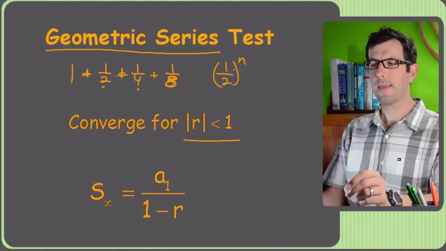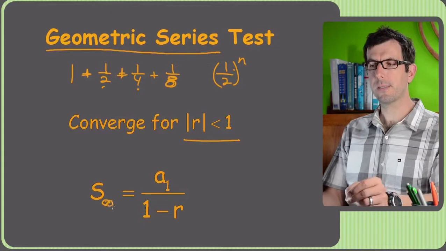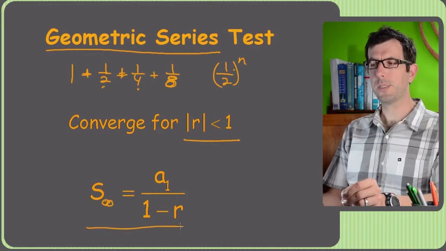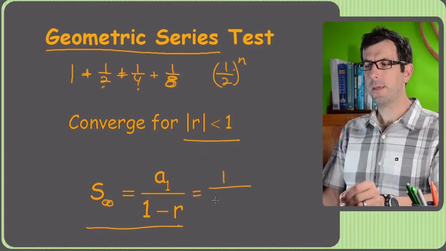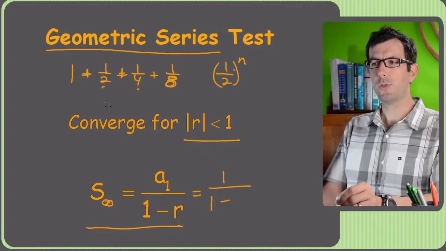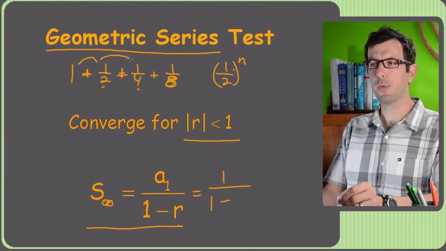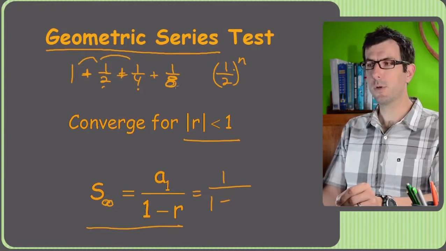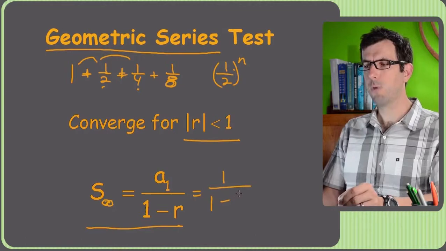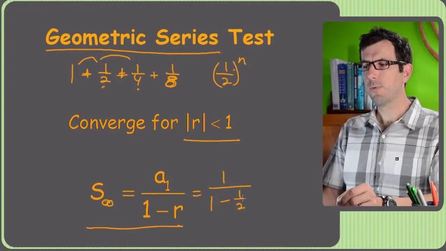And if you want to know the sum of a geometric series, you just use this formula. You take the first term. In the case of this one, our first term is 1. And then you divide by 1 minus r, which is the number you're multiplying by to get between terms. Since in this one we're multiplying by 1/2, it's 1 minus 1/2. The reason I bring this up,